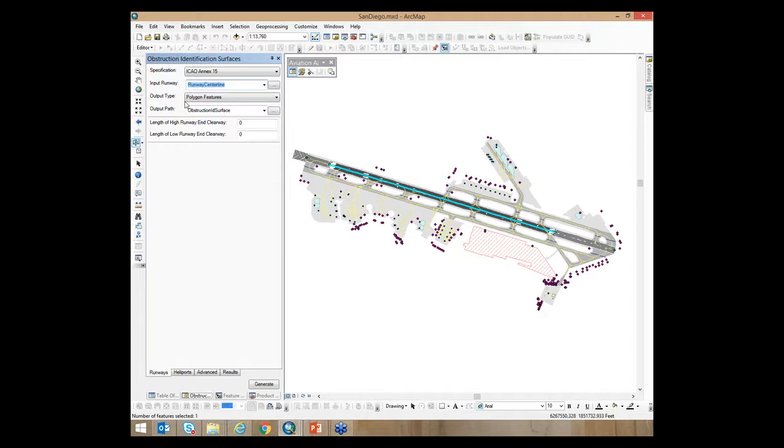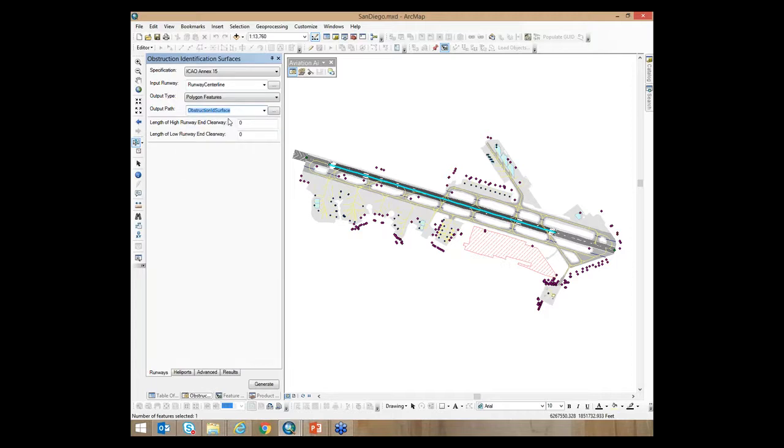And now I just need to specify my output. In this case, I have the option to choose polygon, multi-patch, or TIN. It really depends on what your intended output of the geometry is. Polygon is great for two-dimensional visualization, so in the case of eTOD, defining area 2A, 2B, and 2C as collection areas. But if you're interested in doing vertical analysis or obstruction analysis, something like a multi-patch is probably better suited for that. In this case, I'm just going to choose polygon and then choose my output feature class,